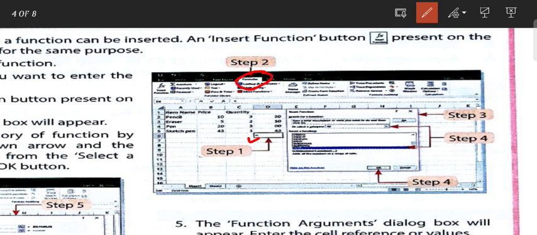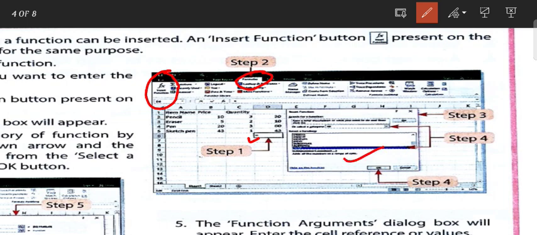Excel provides all the functions in the function library in the formula tab. Select the formula tab option, then click on the insert function option. After clicking the insert function option, a new window will appear.